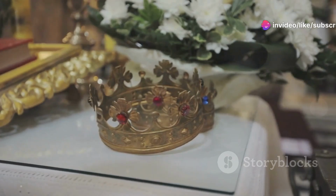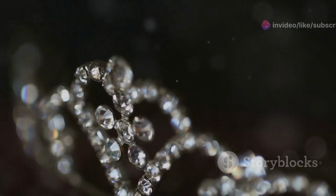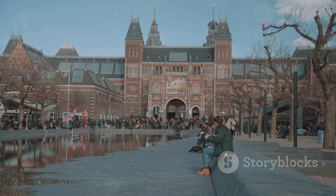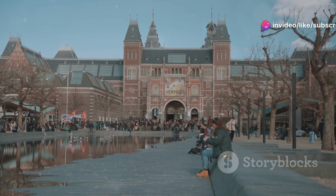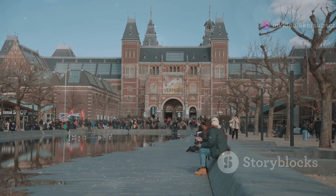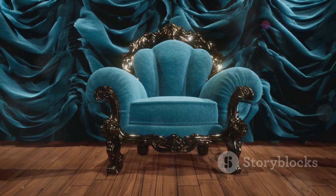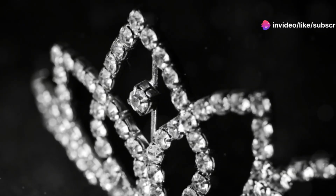Section 5. Royal Collections, Priceless Artifacts and Jewels. Hold on to your hats, folks, because we're about to enter the dazzling world of royal bling. The Dutch royal family doesn't just own property and investments. They've also got a collection of art, jewels, and historical artifacts that would make a museum curator weep with envy. We're talking masterpieces by Rembrandt and Vermeer, antique furniture that's older than your great-great-great-grandfather, and enough sparkling diamonds to make